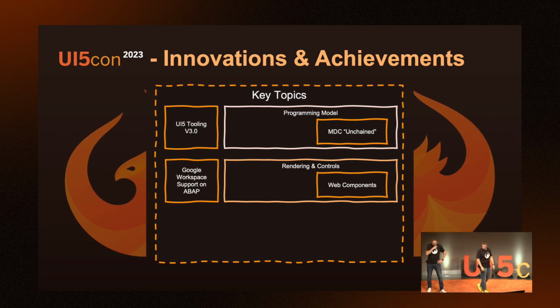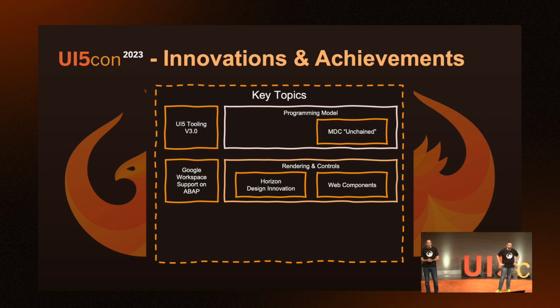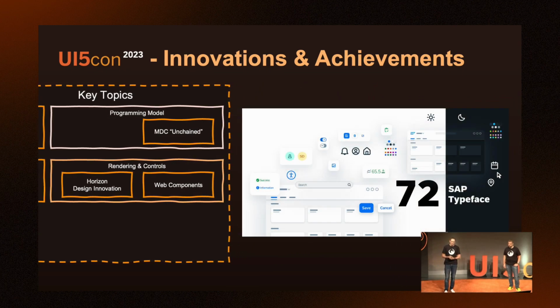Good, thanks, Peter. Now we talk about the Horizon theme update and also a design system update that we are currently working on. We received feedback that the user experience is still not ideal. We also, as SAP, received feedback that the consistency of our products is not as it should be. And there are new challenges like artificial intelligence, ChatGPT, and whatever is around that, which also need answers by the design. The good news is we have taken up this challenge. So we are working for SAP UI5 and for UI5 web components on these design improvements.